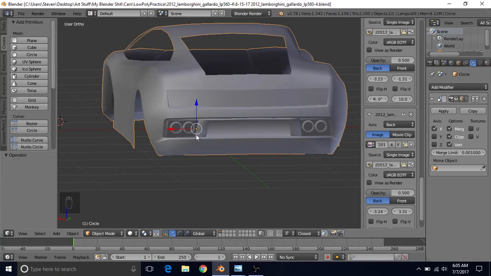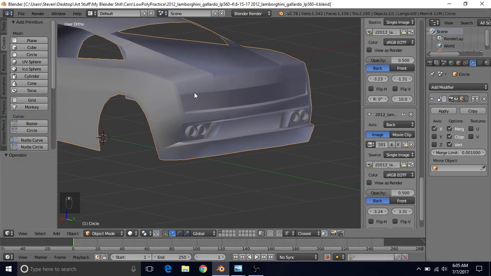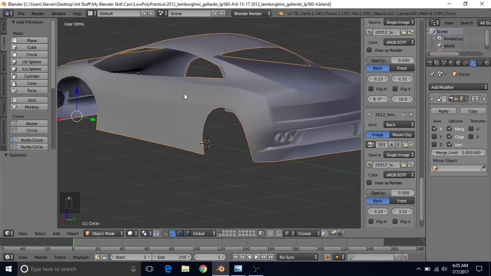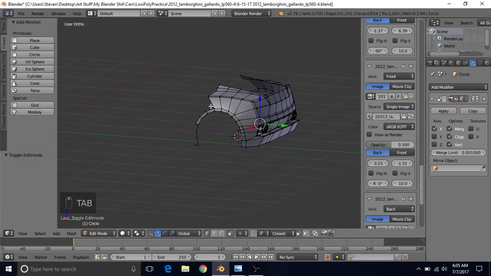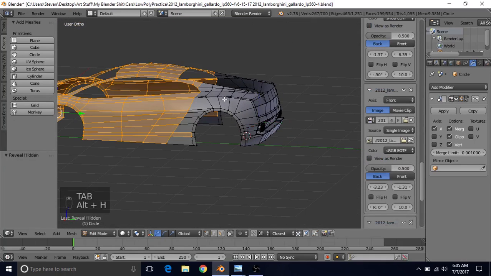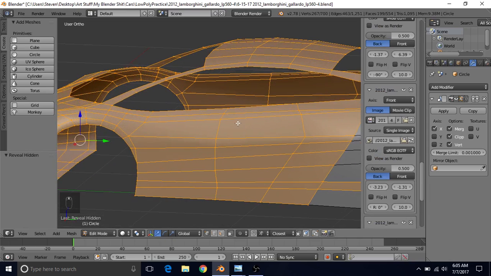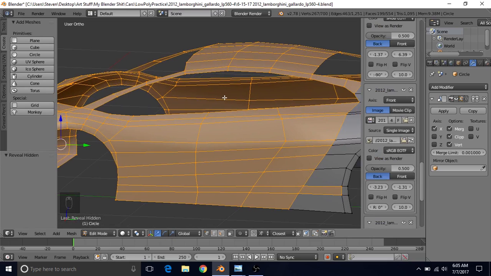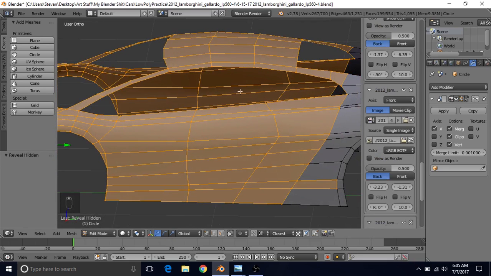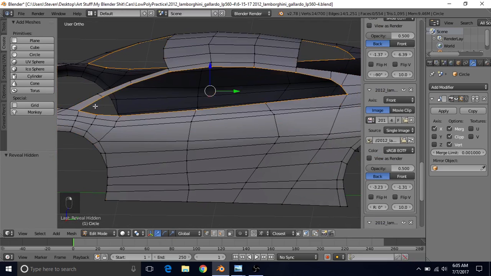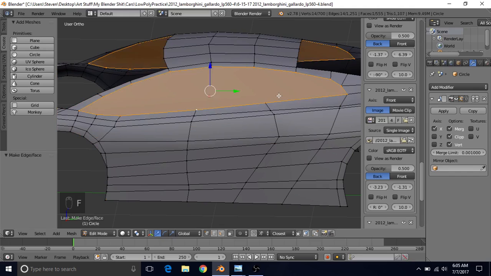Let's take a little break from the back for a minute and let's make the window real quick. To do that, we're just going to press Tab to go into edit mode, Alt H to unhide everything. And what we're going to do here is hold Alt and right click to get this whole edge loop, and press F to make a face,